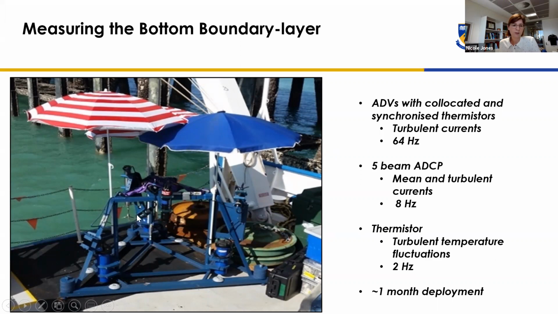So we have a couple of those at about 0.5 metre off the bed and 1.4 metres off the bed. And then over the other side where you can't see, there's a high resolution acoustic Doppler current profiler that measures the mean and turbulent currents at about 8 Hertz. And then we also, of course, had that thermistor chain extending 20 metres off the bed at about 1 metre resolution. So when we put out our instruments, we tend to do quite short-term experiments to maximise the high-frequency data